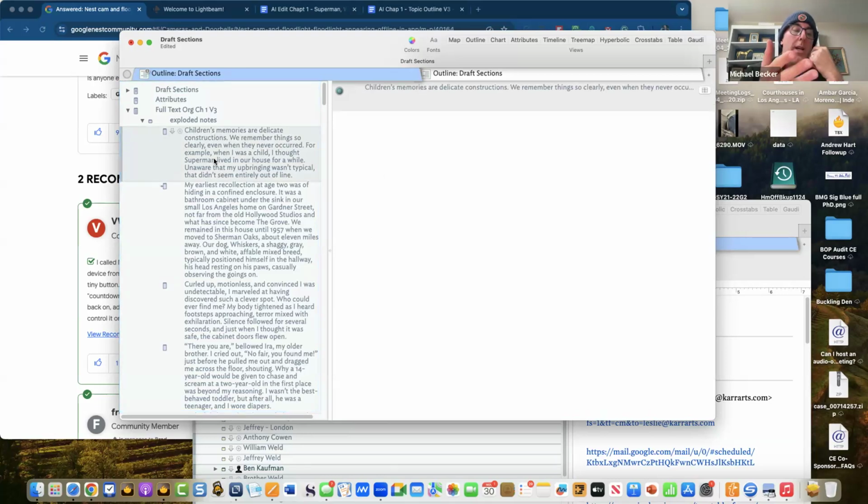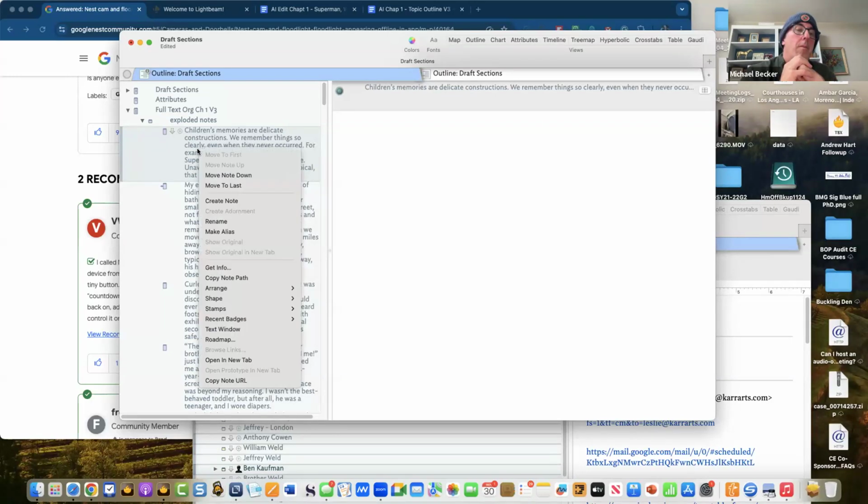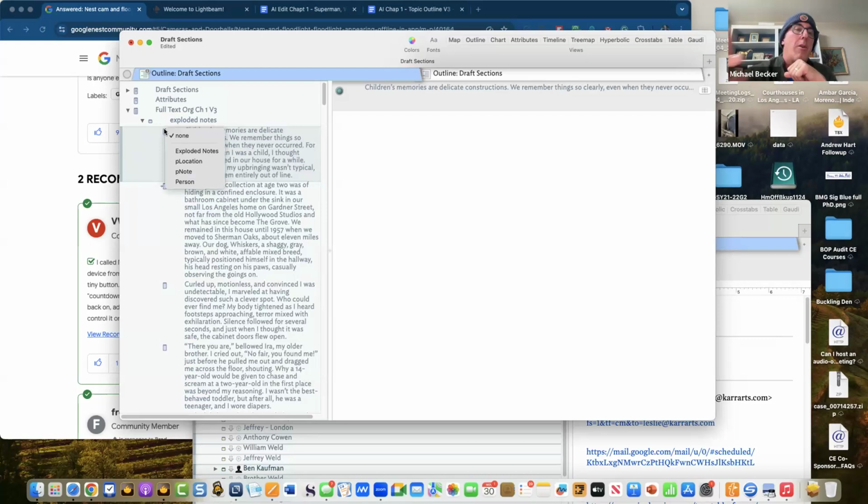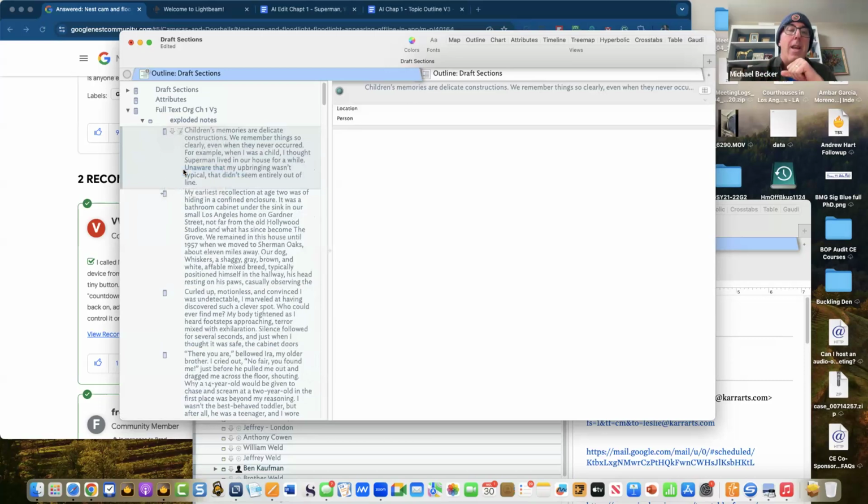So to add a prototype quickly, right mouse click on the little rectangle on the left. Right mouse click on the rectangle to the left. Right. Oh, got it. All right. Now you can select from your prototypes to assign a prototype to a note. So assign the P note prototype. Okay. Now, if you click on location,